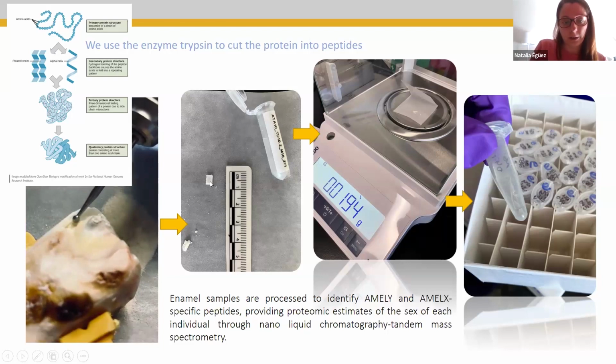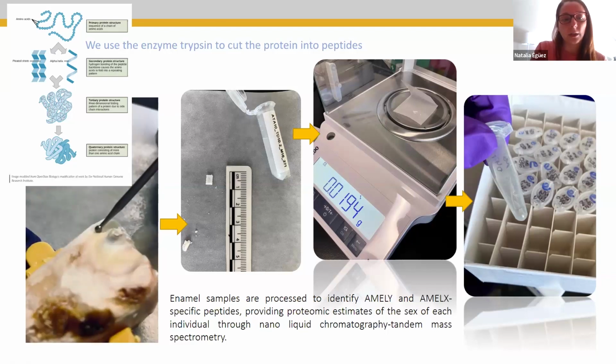And we need a very little amount. We cut a piece and we weigh it. And then through all these different processes to cut the protein into peptides, we have this little amount, and that's what goes into the nanoliquid chromatography and then mass spectrometry. And then after that, we